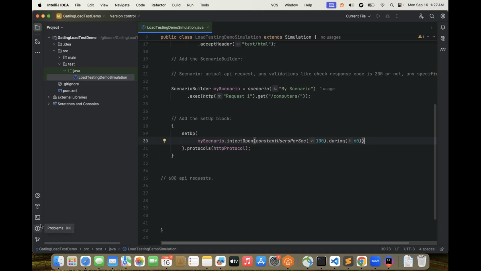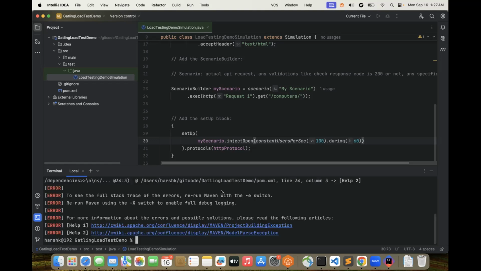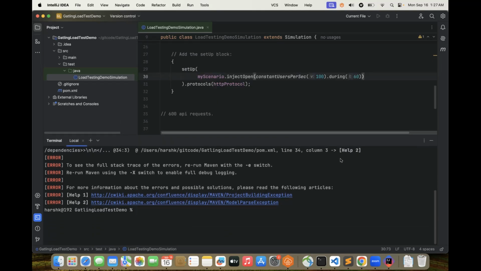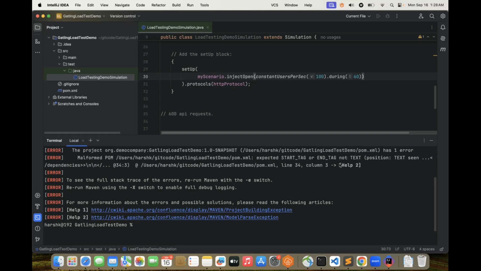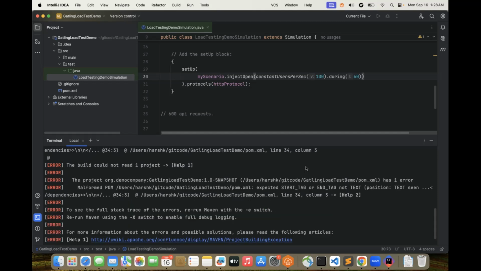Now we need to run this particular simulation. So I need to run this command, mvn gatling:test. This is the command to run your Gatling simulation. Now we got some error. Guys, again, I'm telling you, I've just started with Gatling and I don't have any playbook or SOPs to set up Gatling. I'm fixing it live so that you can also face such problems and learn how to fix them. Okay. So you can see here, we ran this command, mvn gatling:test, and it is saying